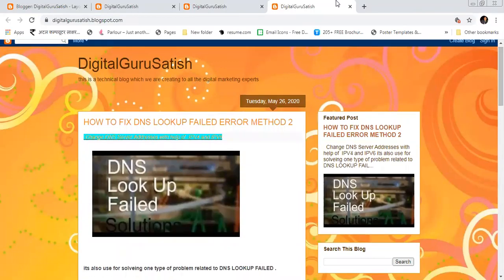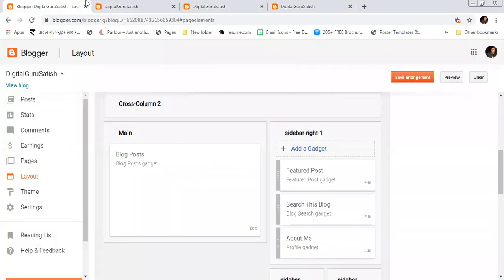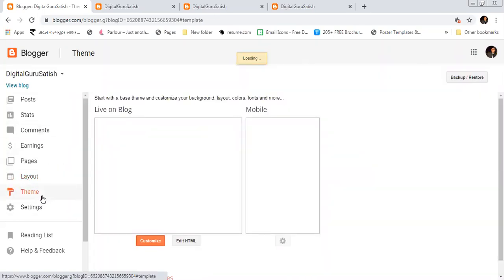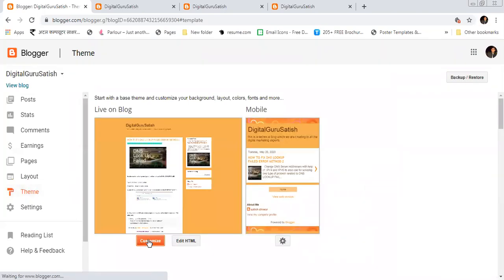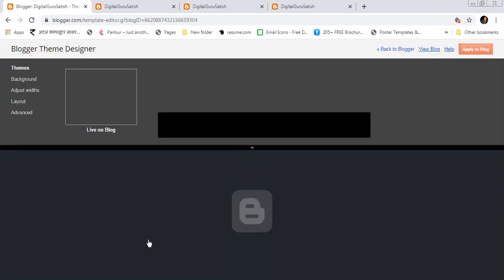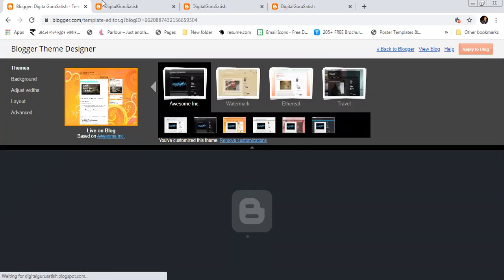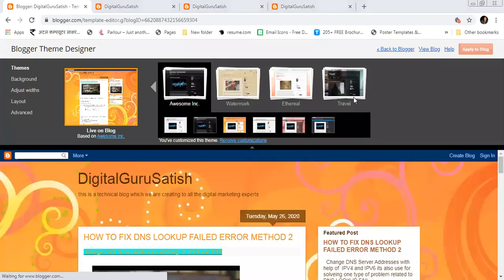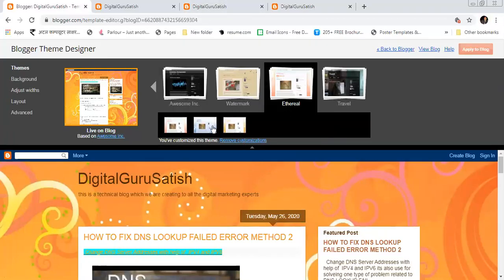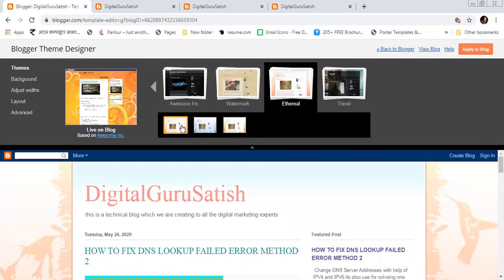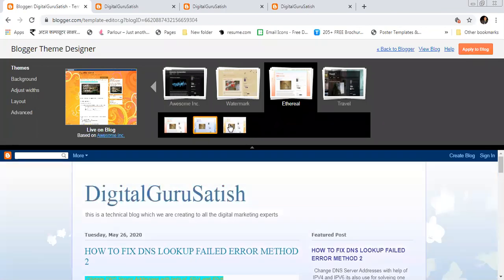First I need to change the layout. This could also be a good layout and page design. So first we will go to our theme. We will go to customize. When we are selecting something, we should always focus on the best themes. What will I choose? I will choose this. This is a very simple layout which we can use.